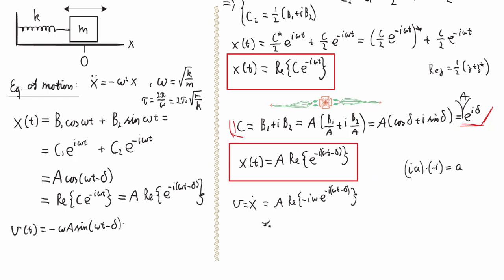So this also becomes equal to omega A times the imaginary part of e to the minus I (omega t minus delta). Well, we can write it over here and alternatively also